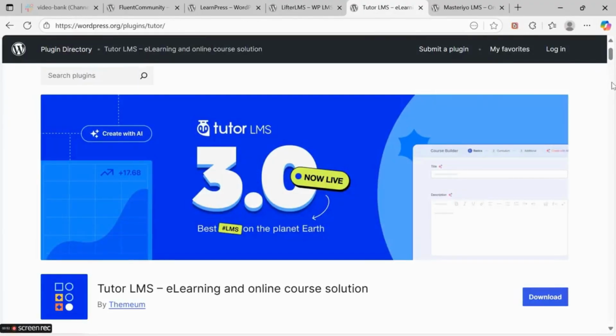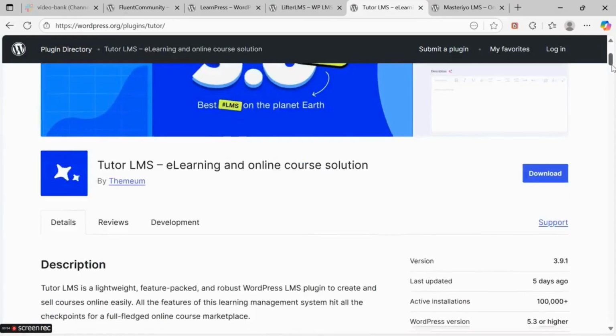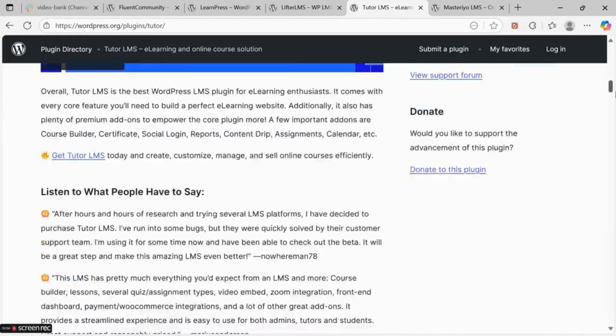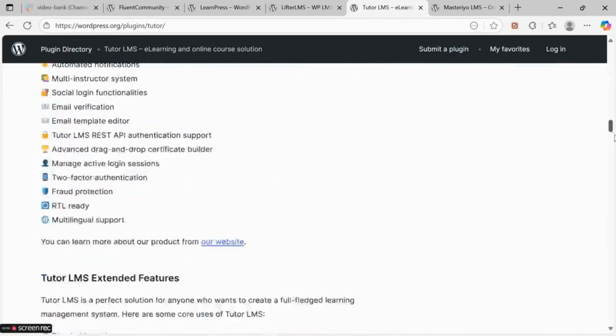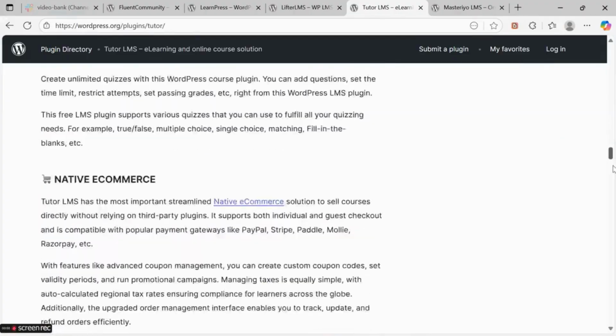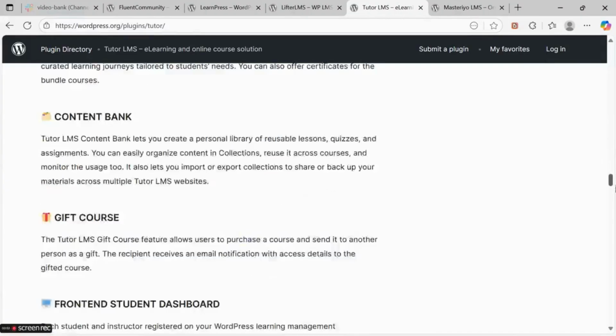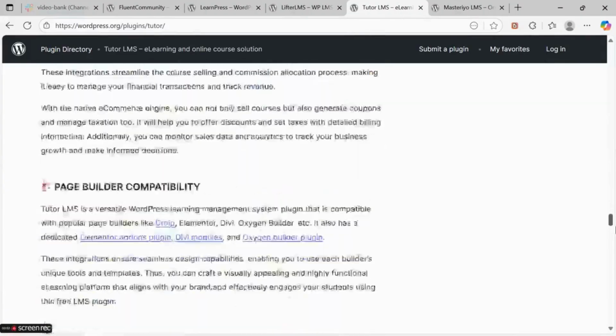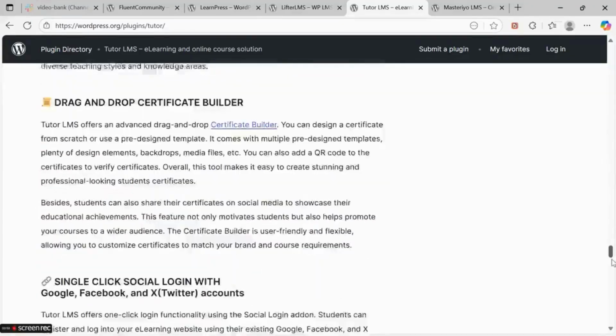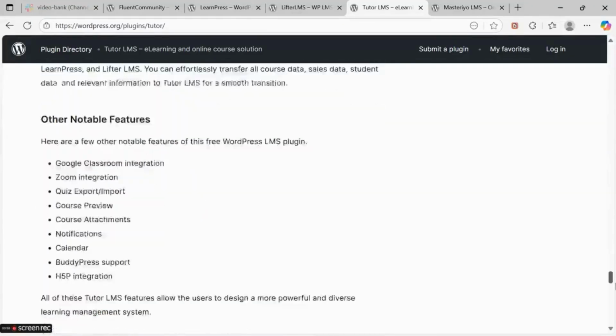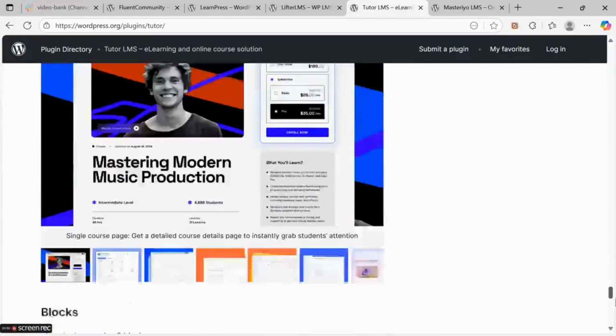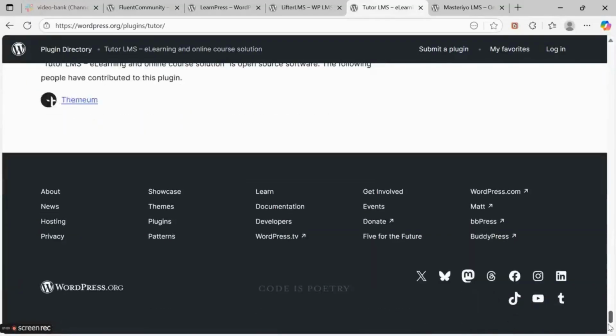compelling. Third on our list is Tutor LMS, a well-established plugin used on many e-learning sites. Standout features include an advanced drag-and-drop course builder, various quiz types, drip content, live classes, and multi-instructor support. It's also strong in monetization and marketplace-style setups, so if you're building a full online school or course marketplace, this